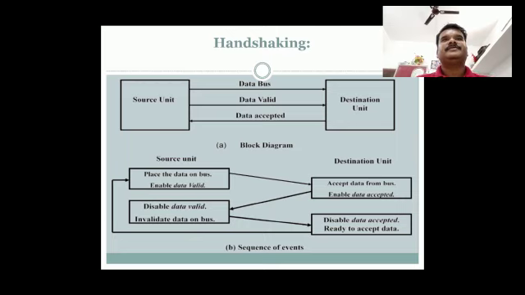Advantages of handshaking methods. The first advantage is that the handshaking scheme provides a degree of flexibility and reliability because the successful completion of data transfer relies on active participation of both units. The second, if either one unit is faulty, the data transfer will not be completed. Such an error can be detected by means of a timeout mechanism, which provides an alarm if the data transfer is not completed within time.